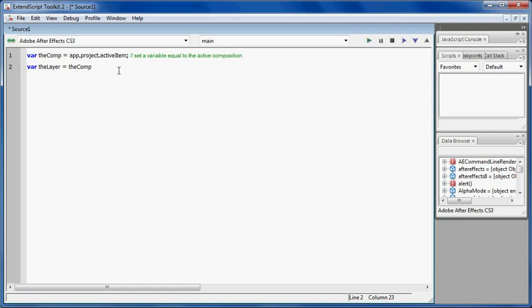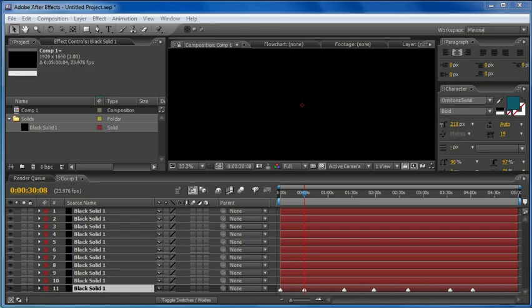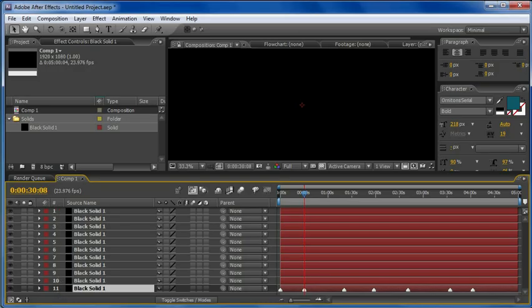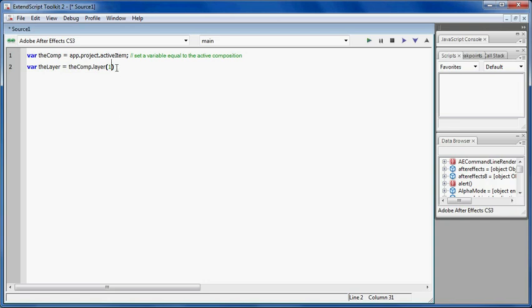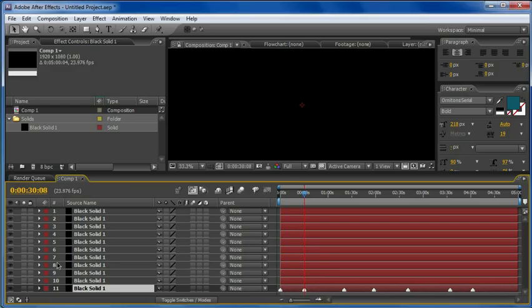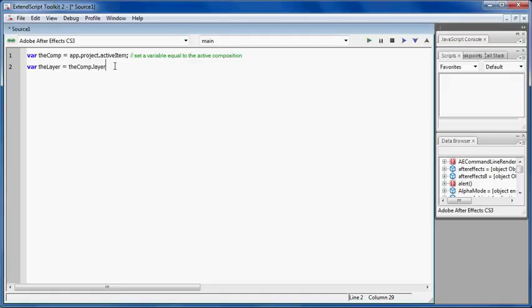Now there's a couple different ways to specify which layer you want. One way is to type .layer, and then in parentheses we can put the layer's index, and the layer index is this number right in this column. Or, since we don't necessarily know which one of the layers is going to have the markers, we're going to rely that the user has the marked layer selected. So what we're going to do is find the selected layer. So the comp.selected